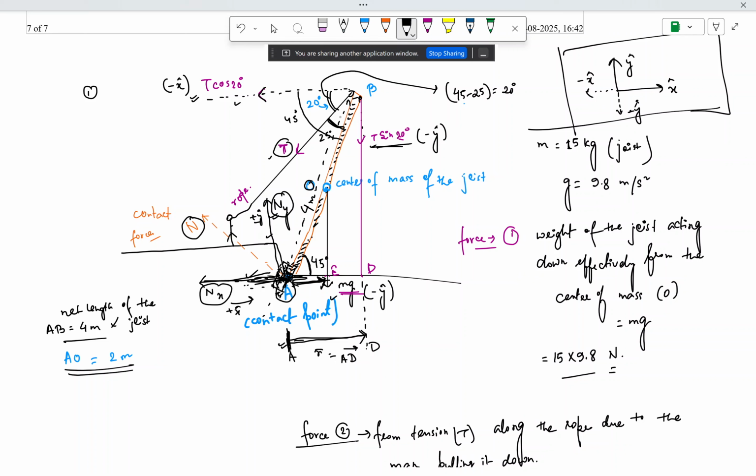The other component of force is T cos 20 degree, which is in the horizontal direction, x cap. In this case, you have to take the vertical distance from the point of contact to the application point. What is the vertical effective distance? It is basically this distance, B to D, right? But because you have to consider everything with respect to your reference point, you have to consider the distance from A to B, which when taken vertically is D to B. So D to B is effectively your other r vector when you are taking the T cos 20 degree component of force.